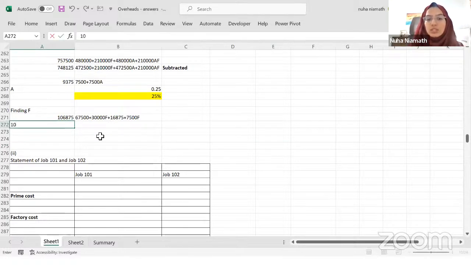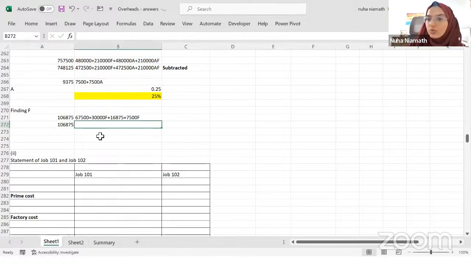So 106,875. And if anybody has found the value of F, you can put it in the chat box. So let's see, 67,500. Okay, I have got an answer: 16,875, which is 84,375. 84,375 plus